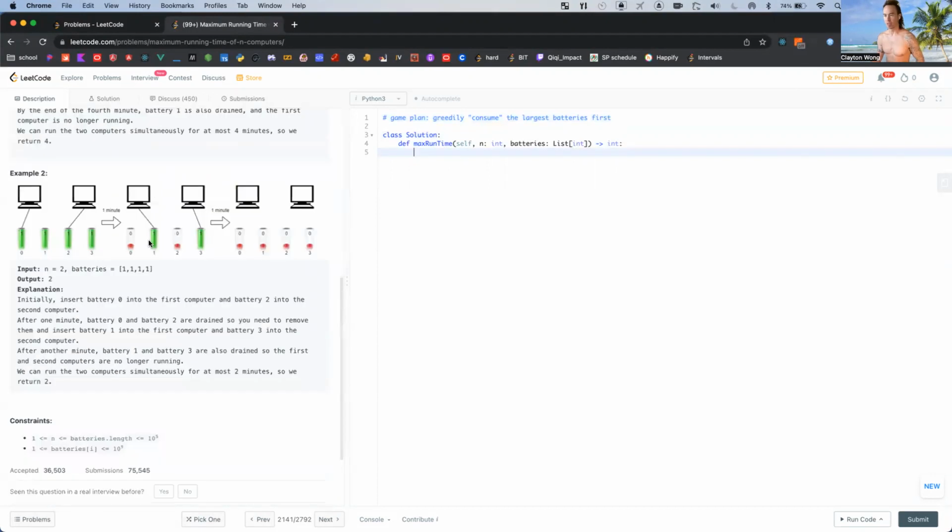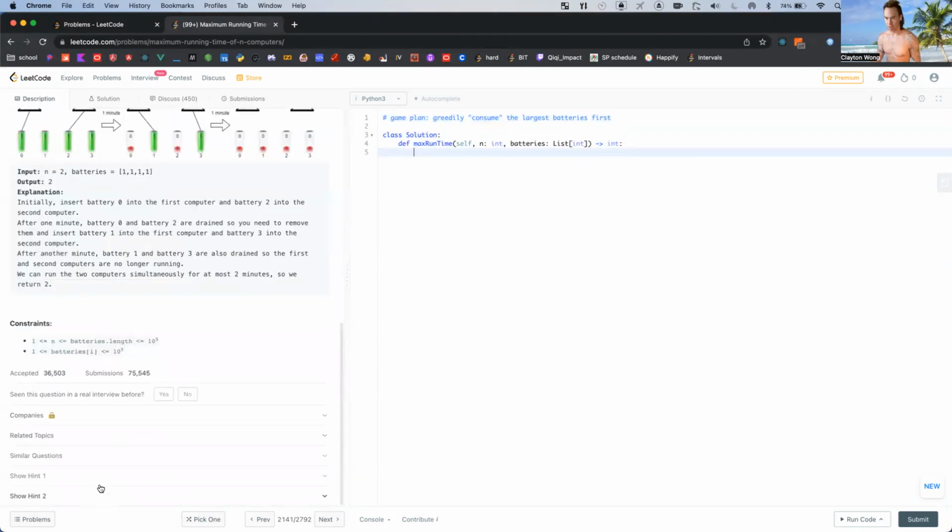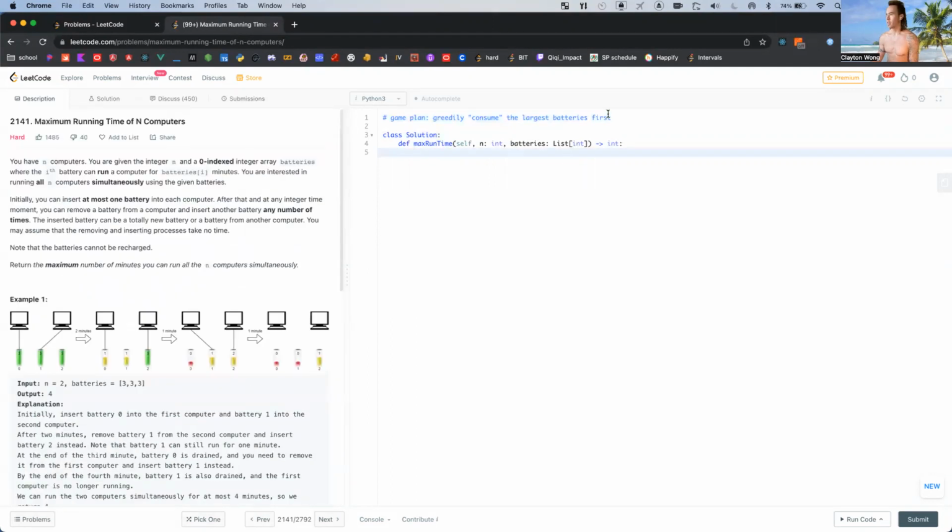Yeah, I missed this one before. I don't know, maybe I'll look at the hints, but as of now, my first reaction is we are continually extracting maximums, and then subtracting one from each.